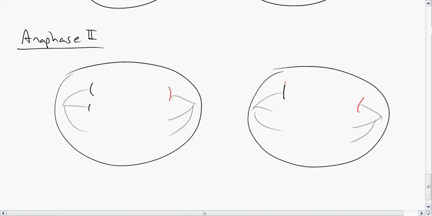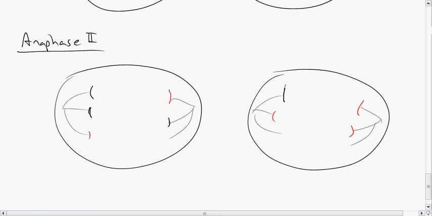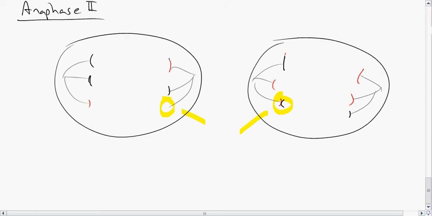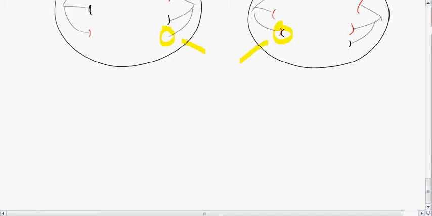So here I'm going to draw my two medium-sized black ones being drawn to the ends. On the other cell, we'll draw the two medium-sized red ones being drawn to the ends. And then over here, we'll draw one lone red one being drawn to the end. And over here, I'm just going to draw, make it interesting, a red and a black going to one side, and a black going to the other side. And notice here, there's nothing there. So here's our two opportunities for something unusual to happen with the zygote, and that either there will be an extra copy of a chromosome or it'll be missing a copy of a chromosome. Okay. So then in telophase 2,